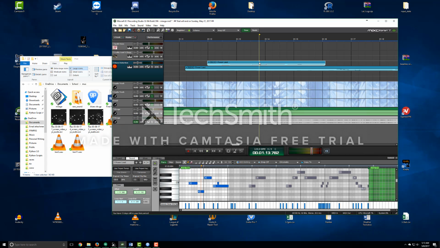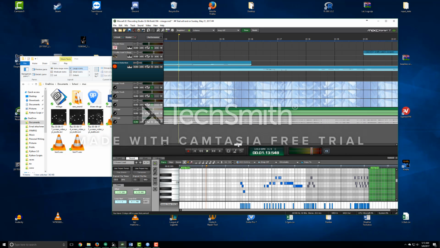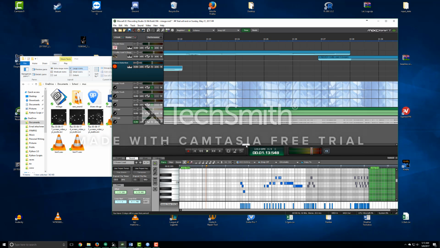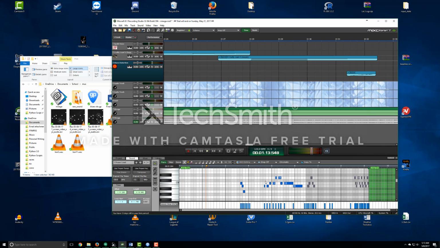These are the MIDI, I guess you call it excerpts, that I put in. I spent probably too long trying to figure out which sound I wanted. I changed it a couple times, and I did edit the notes in here. I did that much more at a different part, but